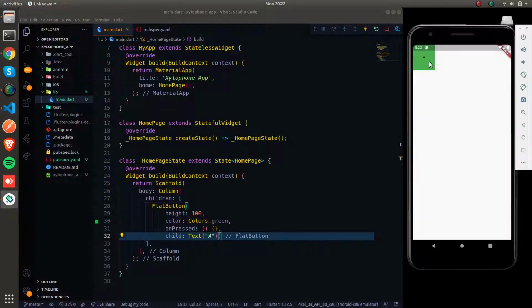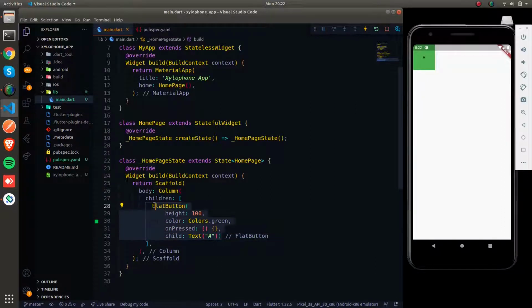Okay, as you can see we are having this flat button like this.